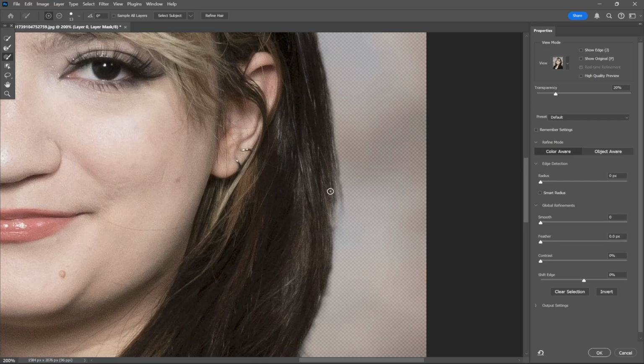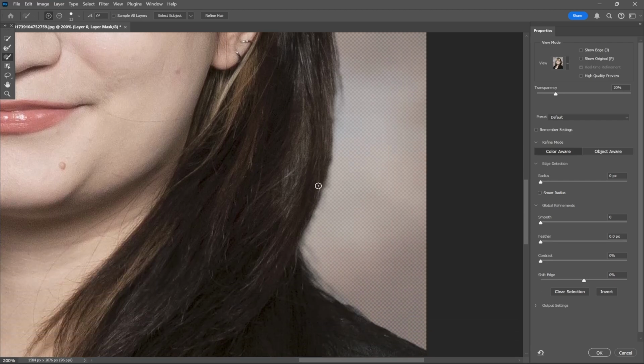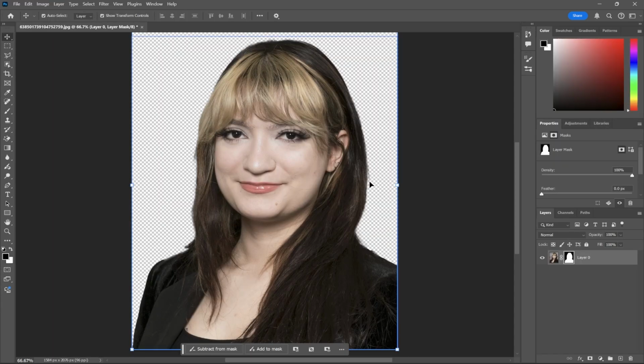I'm not too concerned about that because all I need to do is just use my mouse, click and hold as if I am actually using a brush, and I'm just going to be drawing over that, and it's very slight, you can't really see it. What it's doing is adding back in those pixels that it previously erased automatically. So once I'm done, I'm just going to hit OK. Again, not much of a difference, but it kind of looks less botched to me.